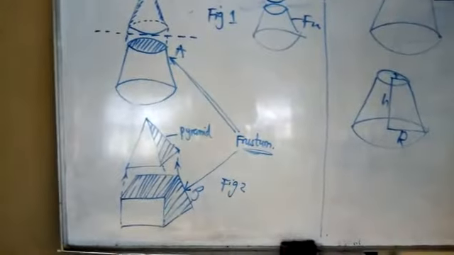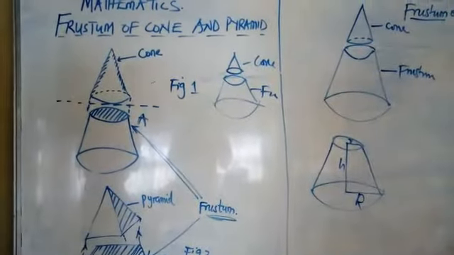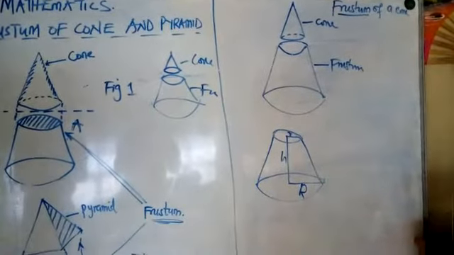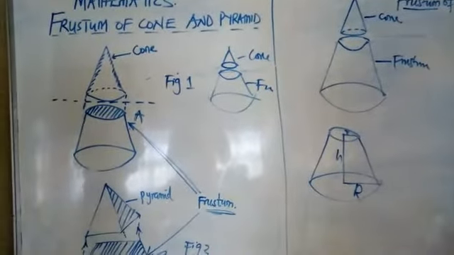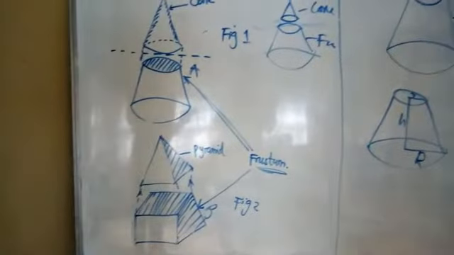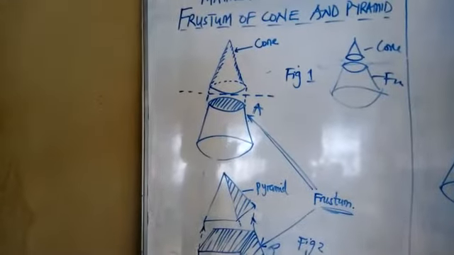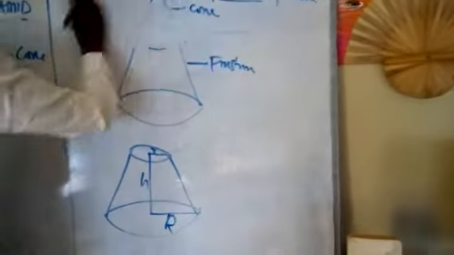Now we are going to be finding the total surface area of the frustum of the cone. We are still going to be finding the curved surface area of the frustum of the cone or pyramid, and we are also going to be asked to find the volume of the frustum of the cone. Many a time you will be asked to find the volume of the frustum of the pyramid. So now let's move ahead to this other part of the board where we'll be taking some of the formulas applicable in the solution of the frustum of the cone, which is our subtopic today under mensuration.